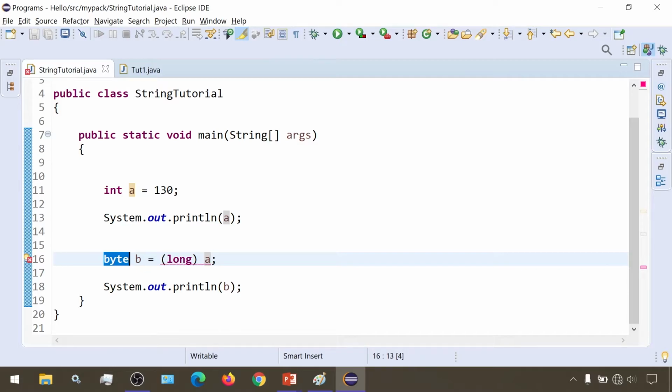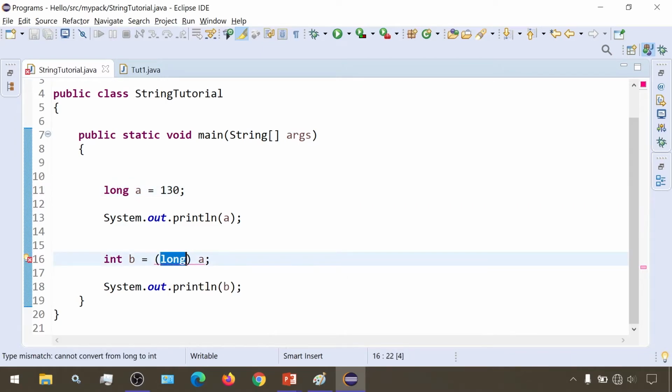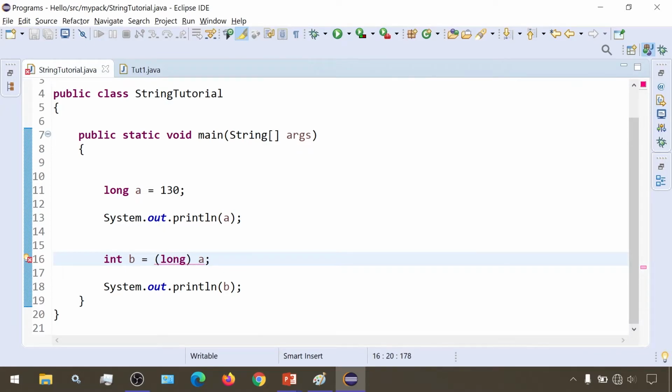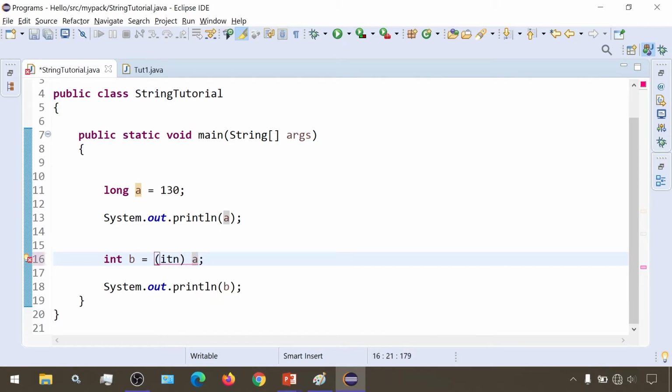Now suppose I have int data type here also, then the same thing will happen, and I'll just change this type to long. Here also first let me keep this long, and now I'm running this. We are getting the same error, cannot convert from long to int. Here this variable a is of type long and we are telling it to convert it to long. This is pointless. There is no need of writing this because a is of type long only. And now if I just write int here,